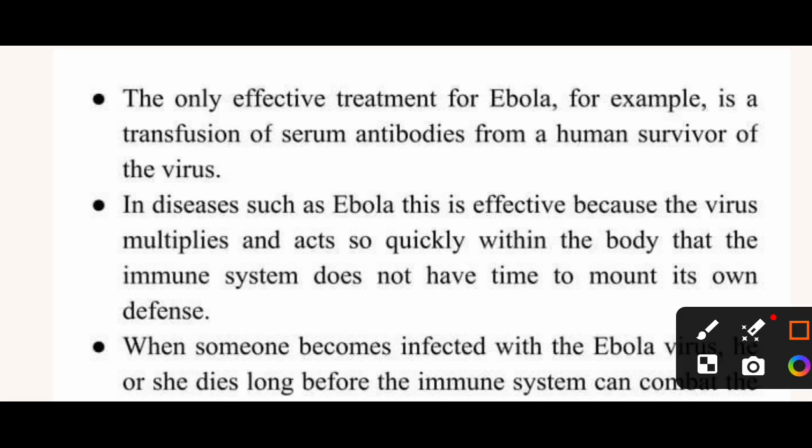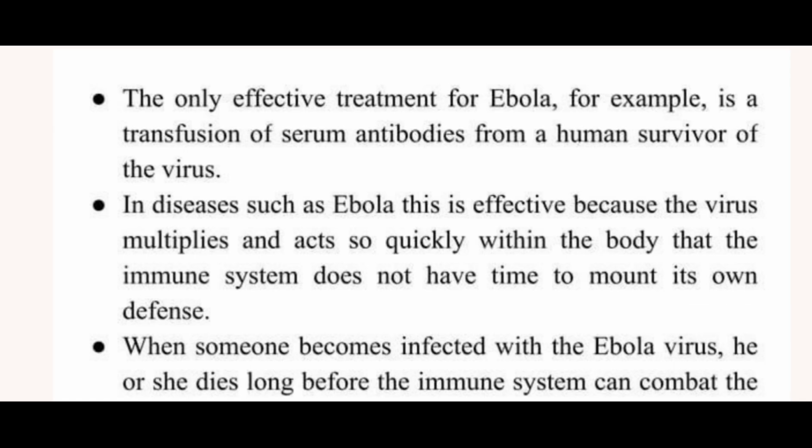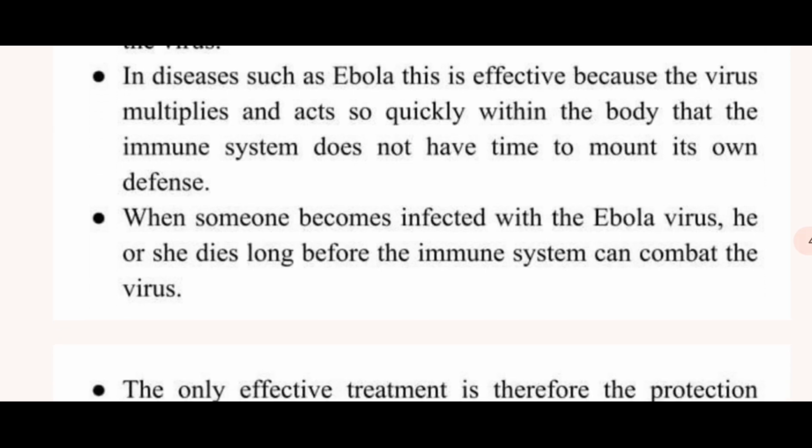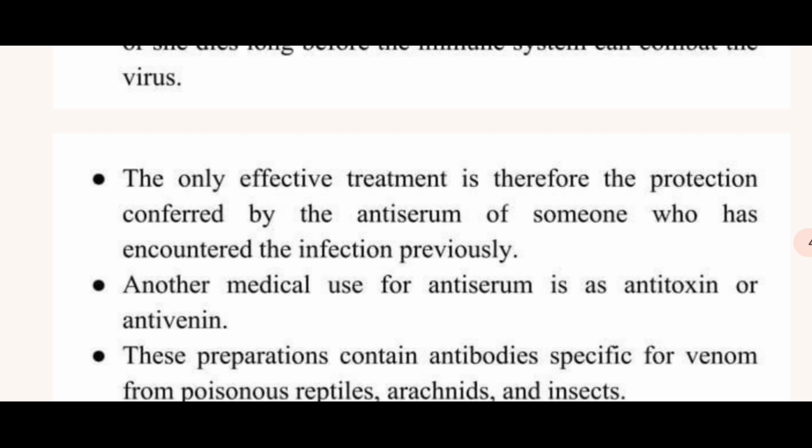In diseases such as Ebola, this is effective because the virus multiplies and acts so quickly within the body that the immune system does not have time to mount a response on its own. When somebody becomes infected with Ebola virus, he or she dies long before the immune system can combat the virus. The only effective treatment is therefore the protection conferred by the antiserum